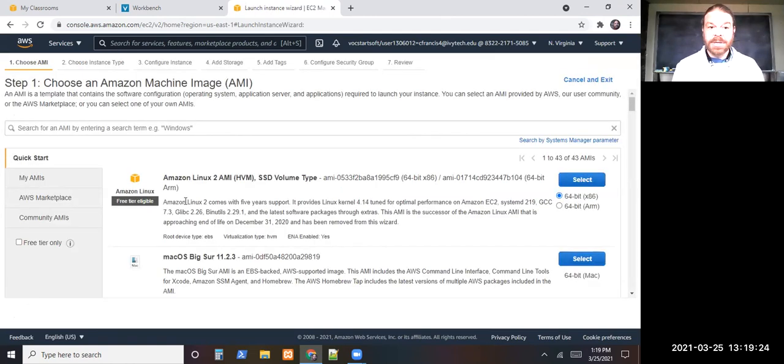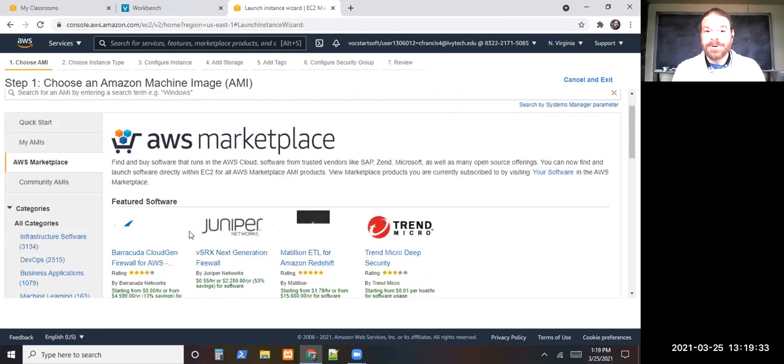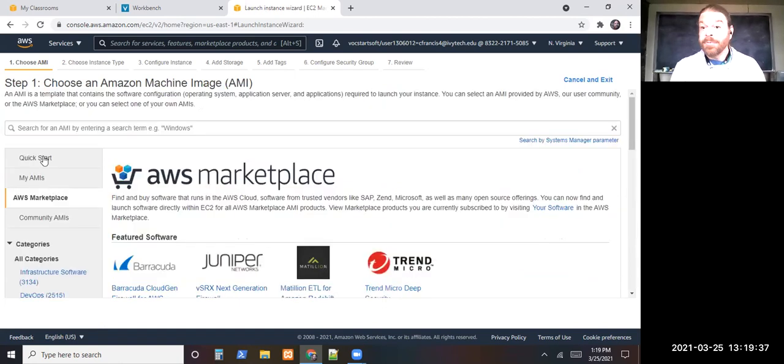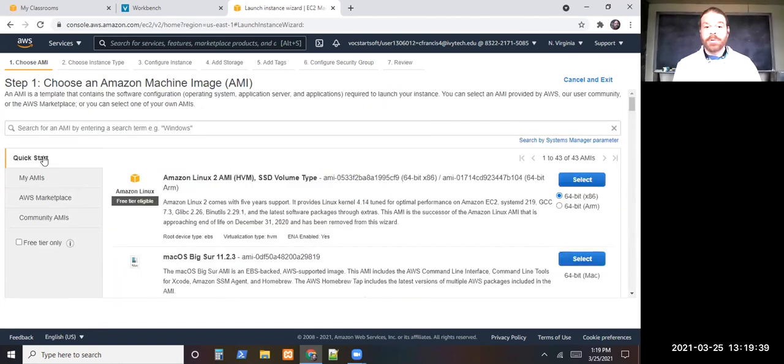And here's all the operating systems they have, different operating systems. We can go to shop for some that aren't already built in, and they'll get them set up for us because it's Amazon. But for us, the quick start will work. If you go to the quick start,